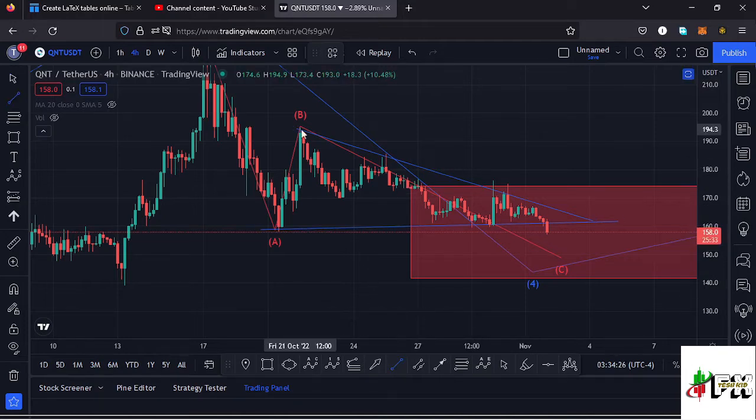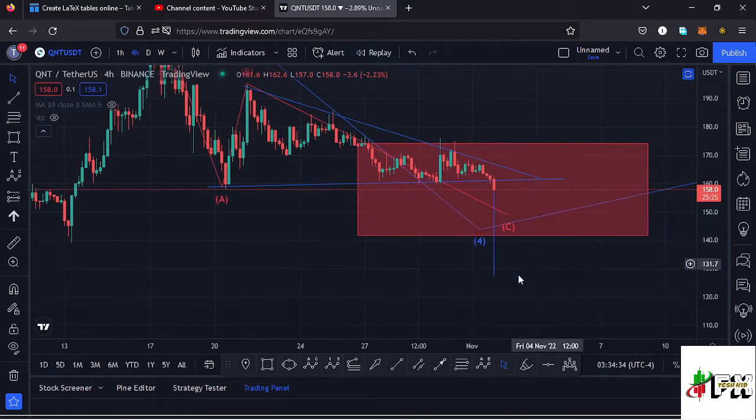So using a trend line we can get that height between that is the height of the triangle, then place it over here to give us a minimum target area to the lower side back to around the $127 mark. But for me I'm expecting this fourth wave to do a maximum of the